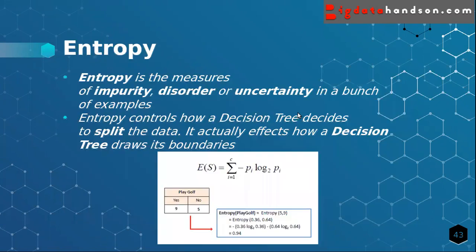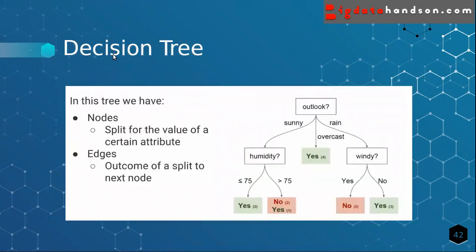Now next we have entropy. Entropy is nothing but a measure of impurity. It will tell you whether I want to split this node or not, and how I want to split the node. All this is done by entropy, because if you have a large entropy value, that means it is an impure node. Take outlook here. Outlook is an impure node. Why? Because it has three categories, so it needs to split, right? That's what entropy measures.